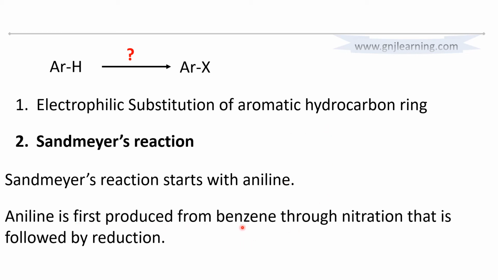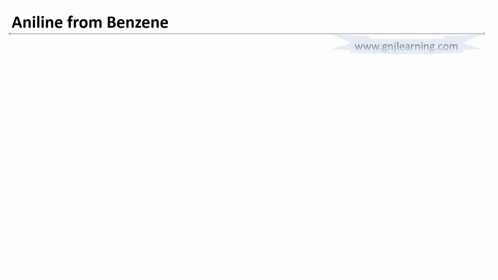Aniline is first produced from benzene through nitration followed by reduction. So let us see that reaction first: aniline from benzene. So we have benzene. If benzene is undergoing nitration, generally, there are exceptional cases, but generally nitration